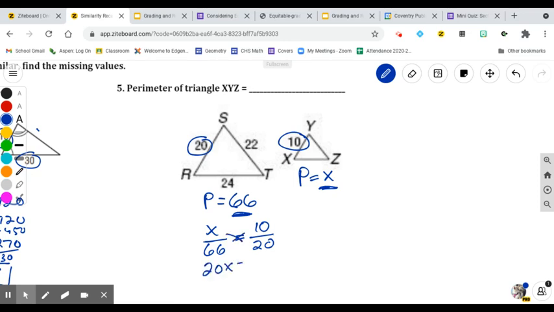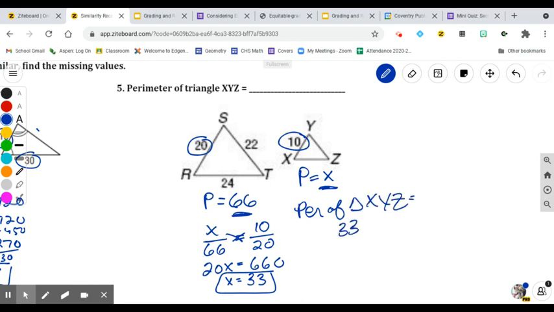So 20x equals 660. And then 660 divided by 20 is going to be 33. Now another way you could do it, so this is the answer. This is the perimeter of triangle XYZ is 33 units. So that's your answer. Another way we could have done it